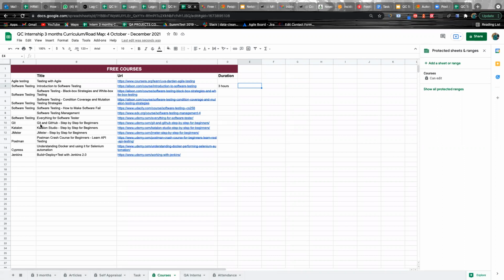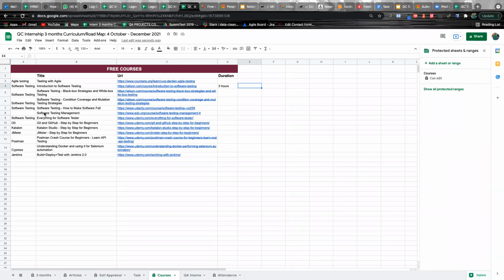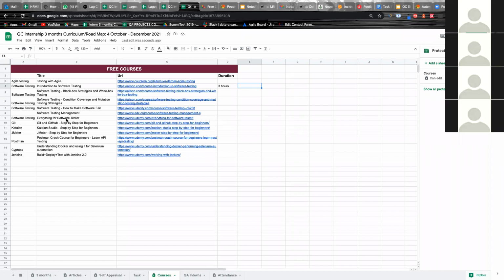You can see Jira Lab, you can see Katalon Studio step by step for beginners. You can see JMeter step by step for beginners. You can see a Postman crash course for beginners, and understanding Docker for those of us who would like to be doing continuous integration, and how to make software fail, software testing management, so everything for a software tester.